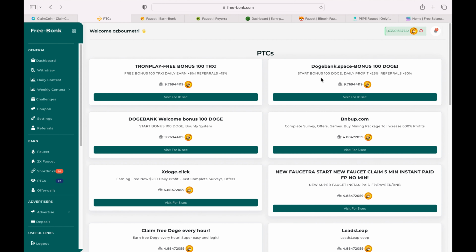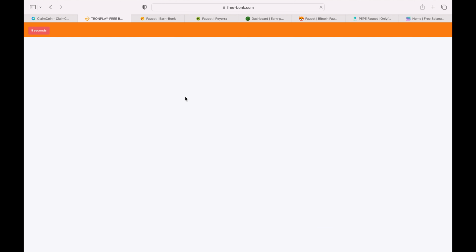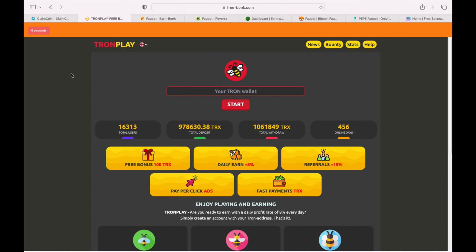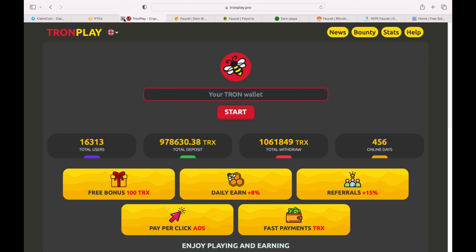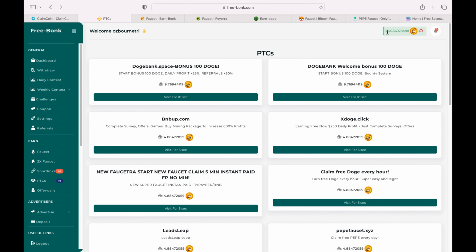Select PTC on your dashboard. Click on one of the ads and view it until the timer runs out. Solve the CAPTCHA and claim your coins. Good job! The withdrawal limit is less than 100 bonk, so you should be able to cash out in no